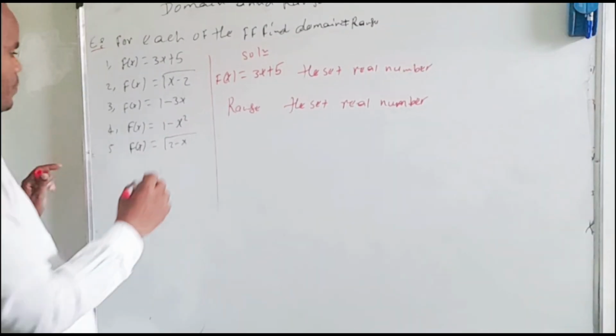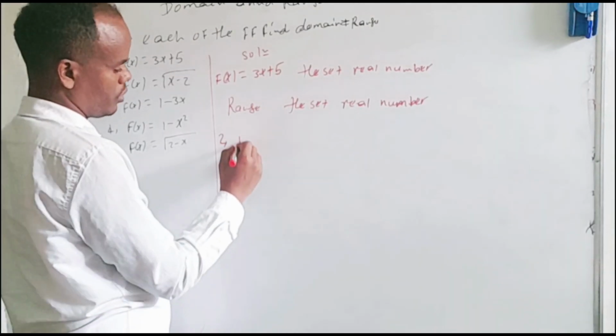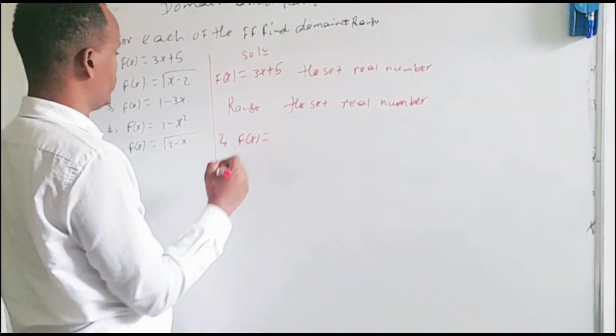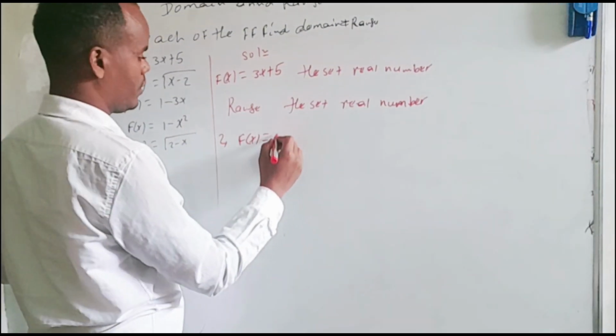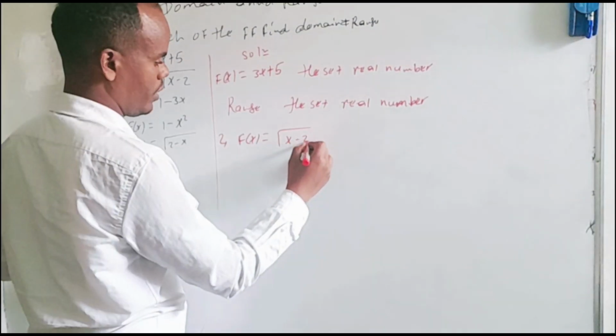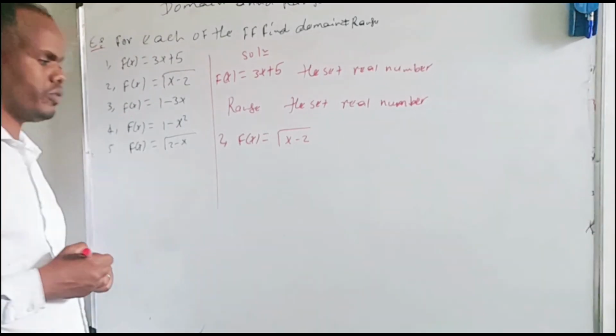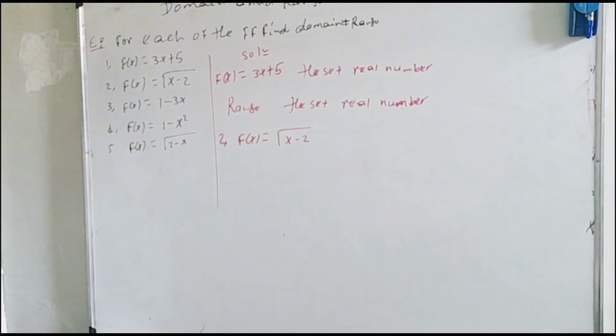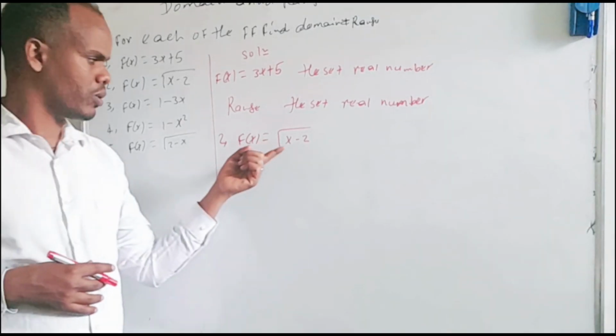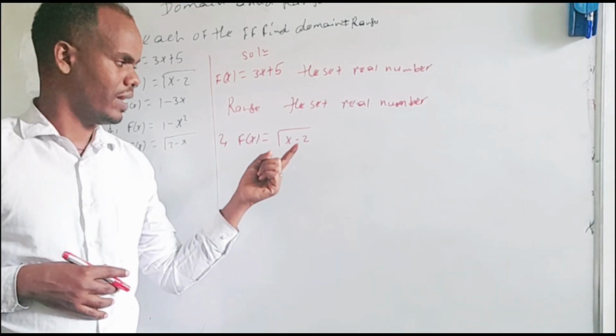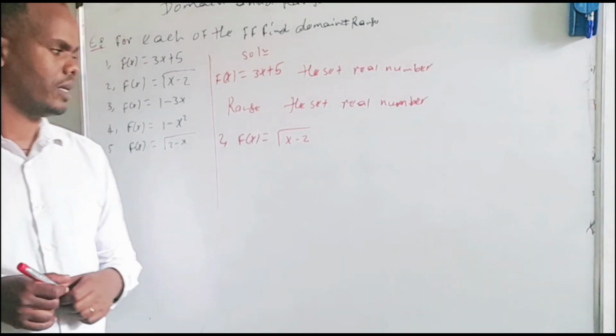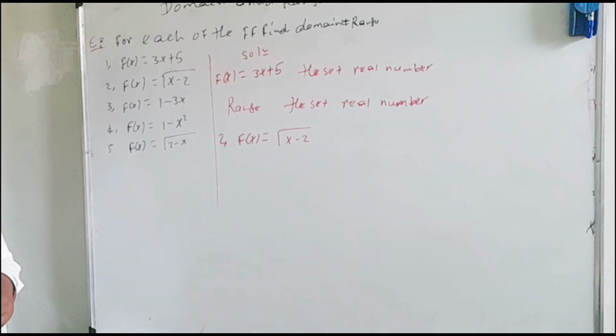Okay, number two: f of x equals the radical of x minus 2. So the domain of this function, as we know, the expression under a radical must be non-negative, or greater than or equal to